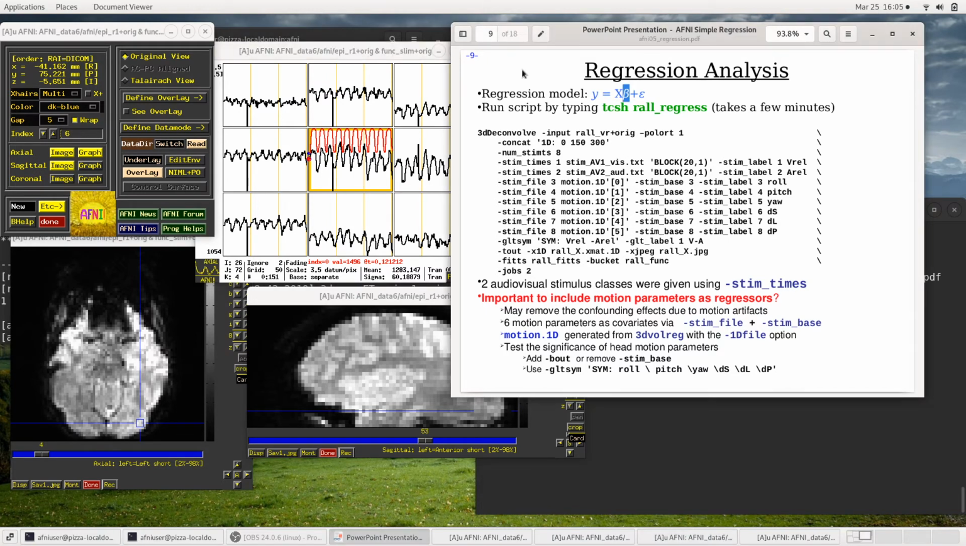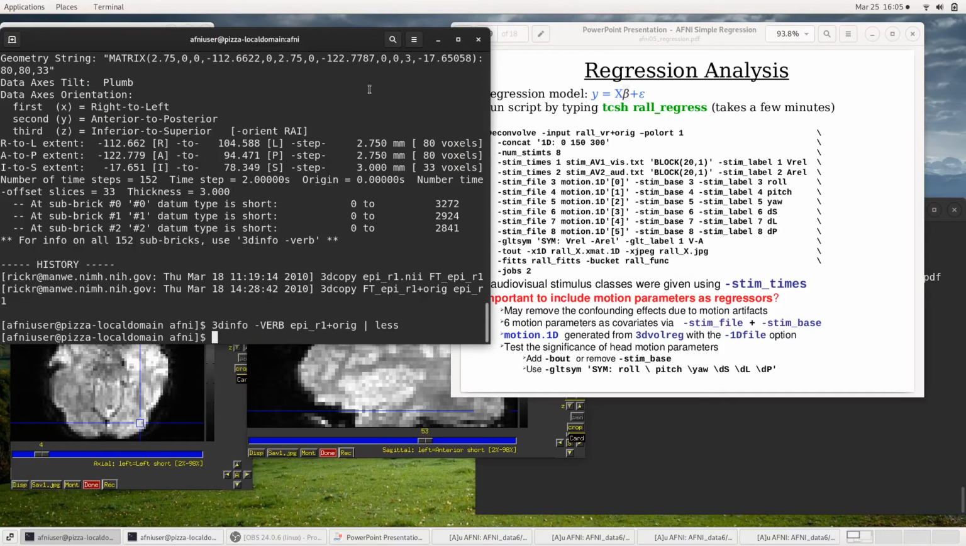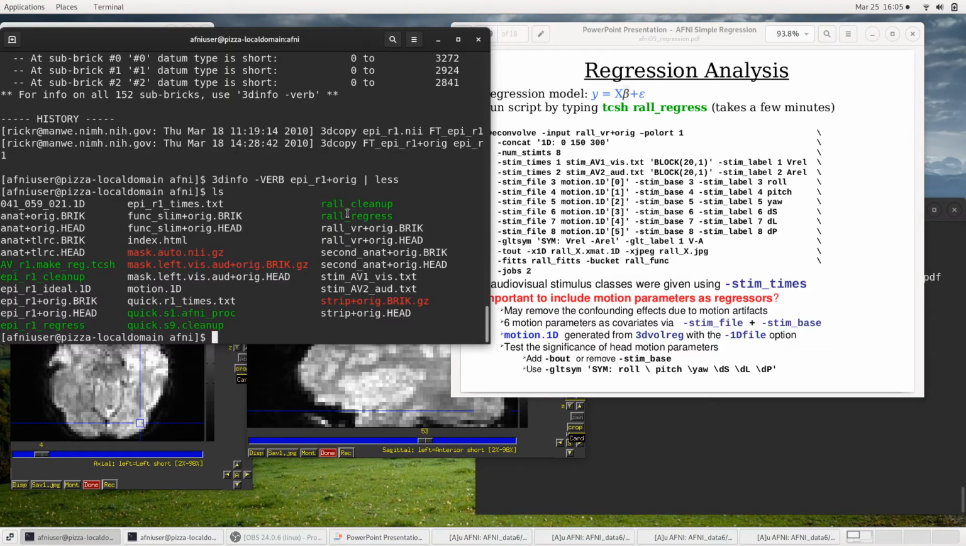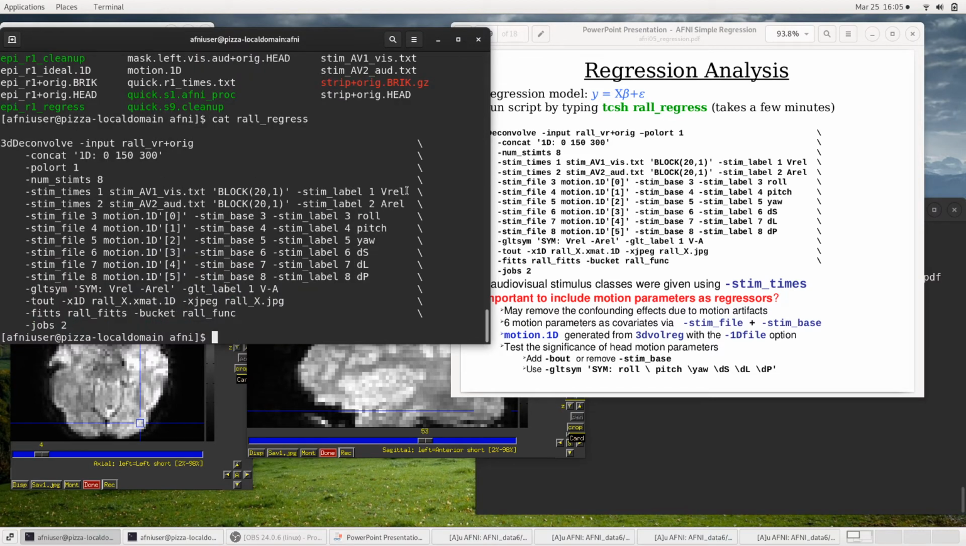So I'll just briefly look at that RL regress script here. If I do ls to look at the files, we have the script RL regress. And if I cat RL regress, it's exactly what we have in the handouts. So this is a single command. We haven't covered much Unix in this class. I think I'll do a Unix session at some point, but